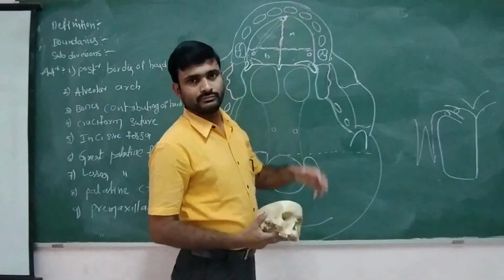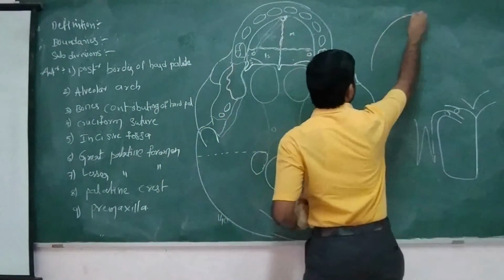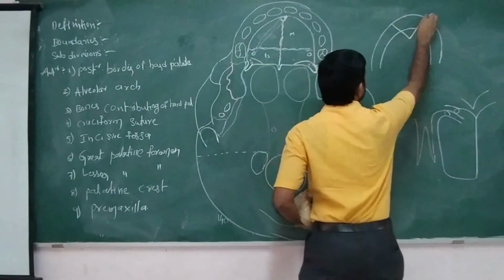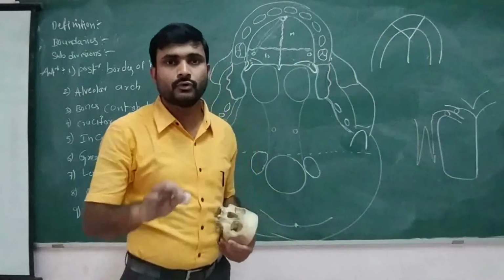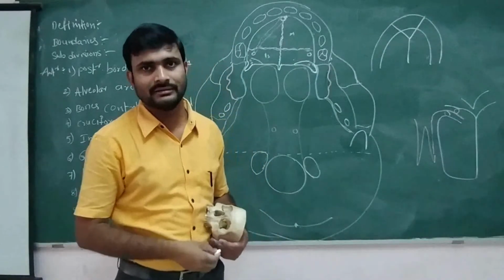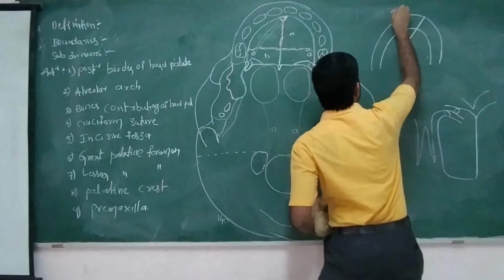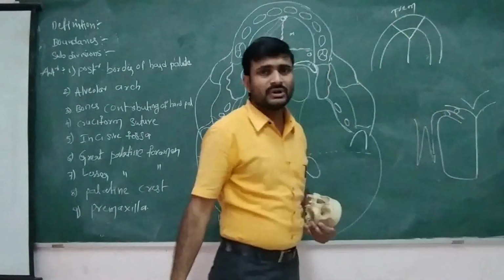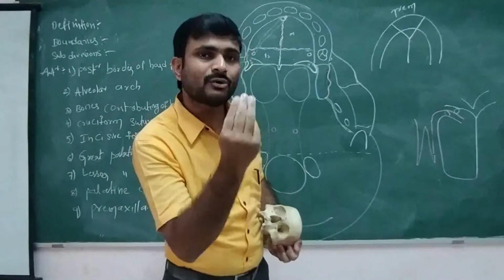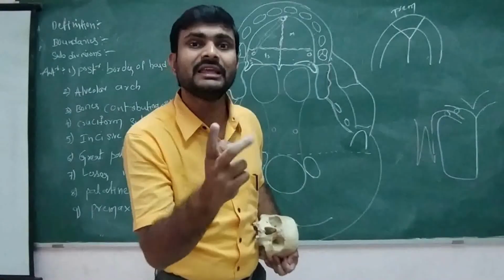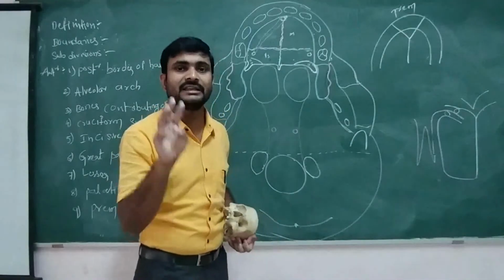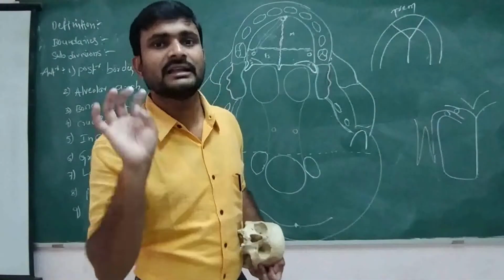Next, 1, 2, 3, 4. For example, this is the alveolar arch. Here these 4 incisors are separated. That part is called the premaxilla. Sir, what is the premaxilla? Where do we see it? In monkeys, these 4 teeth come outside. So it is a separate bone in monkeys. That bone is called the premaxillary bone, and it holds the 4 incisor teeth.